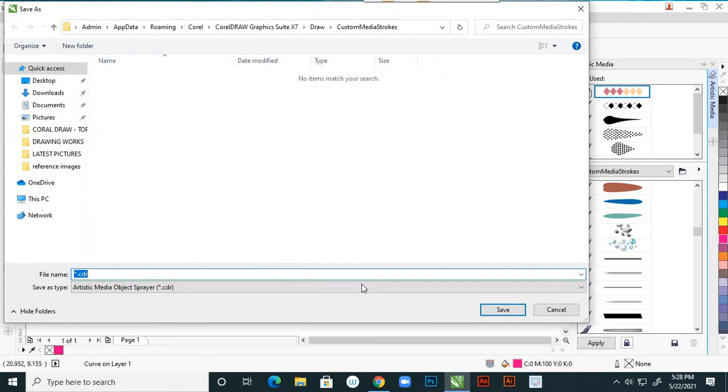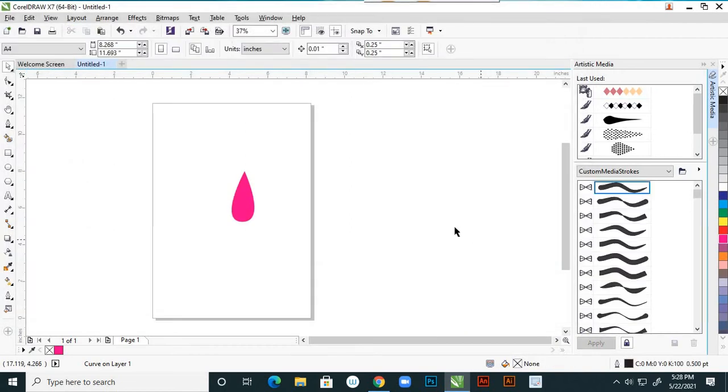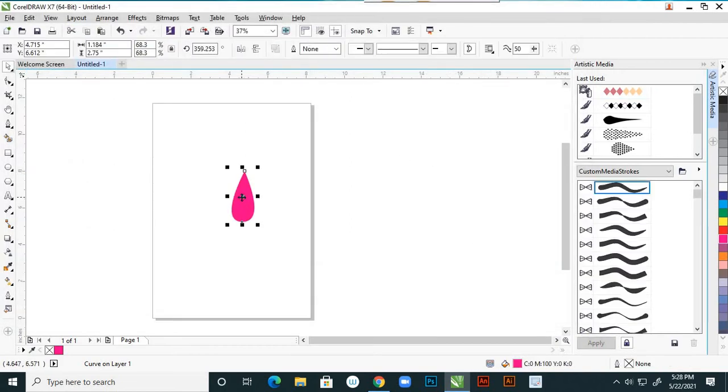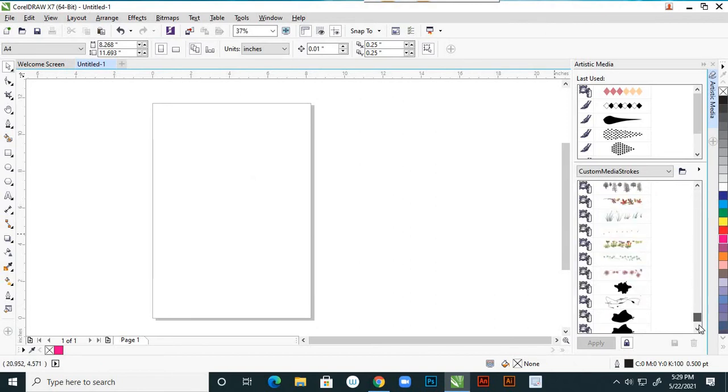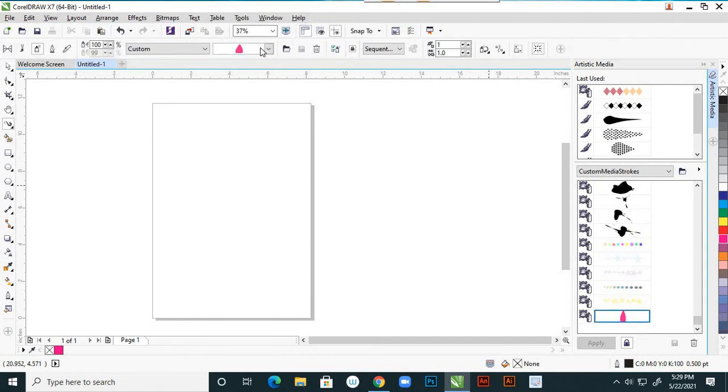It's asking the name, suppose pink, so for the pink shape, give it just pink, save. It is already saved, and you can delete this now and check the custom media strokes. It is there. So it is showing in options, spray pattern. Choose this spray pattern that you want to apply.